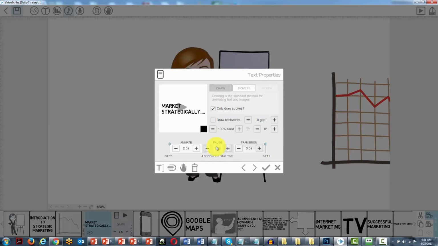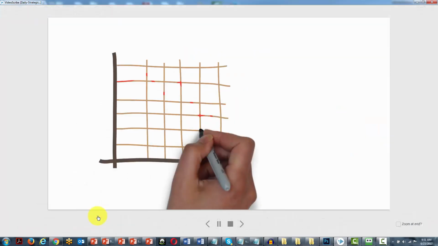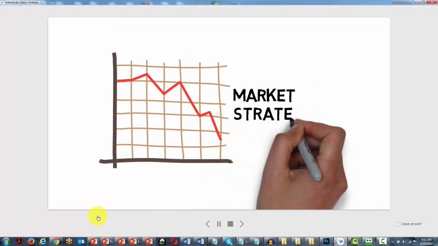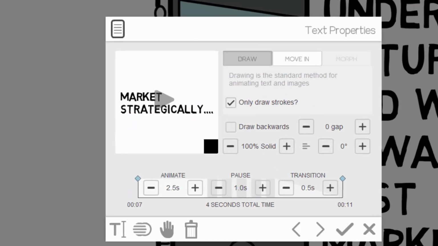And so you are actually doing each scene as one piece, but you control the pause so that it gives you additional time for the words to appear on the screen. So for example, let's take a look at market strategically after the chart. During difficult economic times, they must market strategically. That means that Okay, so you'll notice that there was no pause after the chart, but then there's a slight